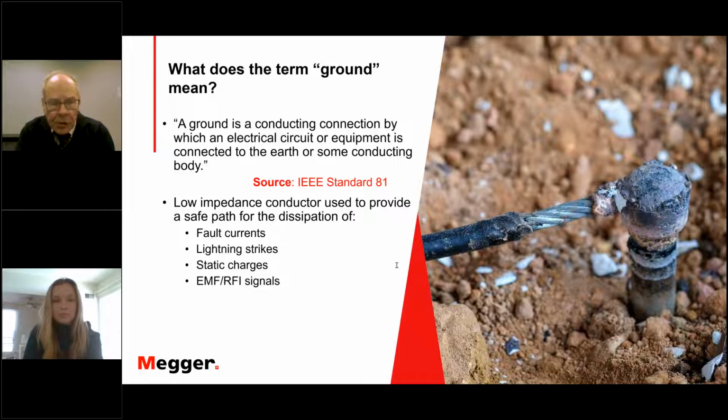This is a good place to start because ground means quite a few different things in different parts of the application or the industry. What we're typically referring to as a ground with respect to ground testing is what we show here, a metallic contact with the surrounding earth, typically a ground rod, but this could be a whole substation grid. They're fundamentally the same thing, putting metal in the ground so you have a good low resistance contact with